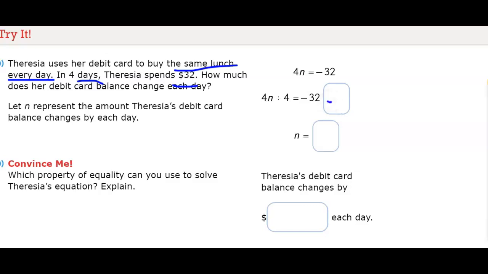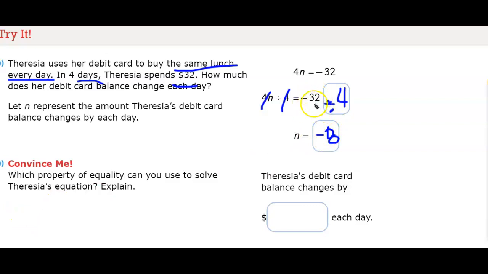So they're going to divide by 4 on both sides of the equation. Now 4 divided by 4 is equal to 1, so we're left with N by itself. And then negative 32 divided by 4 is going to give us negative 8. It's negative 8 because she's spending that money, and negative 32 is the total amount of money she spent,